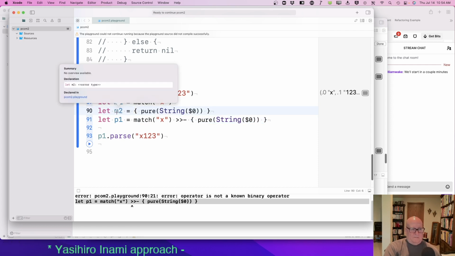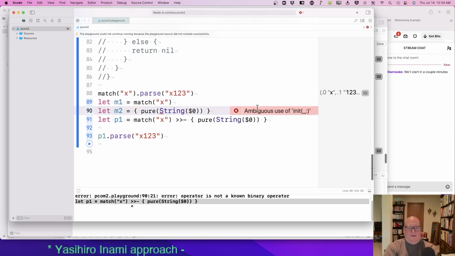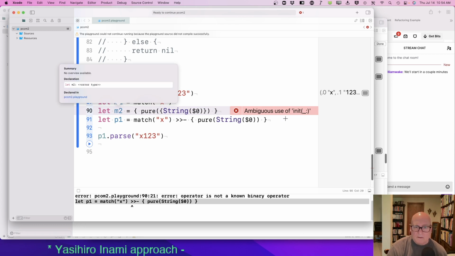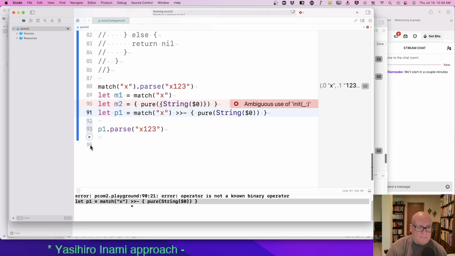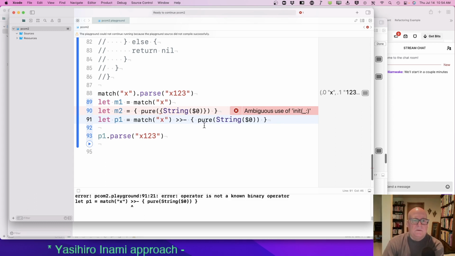We hope it's a, okay, ambiguous use of init. Oh, pure wants a function, right? Use init.